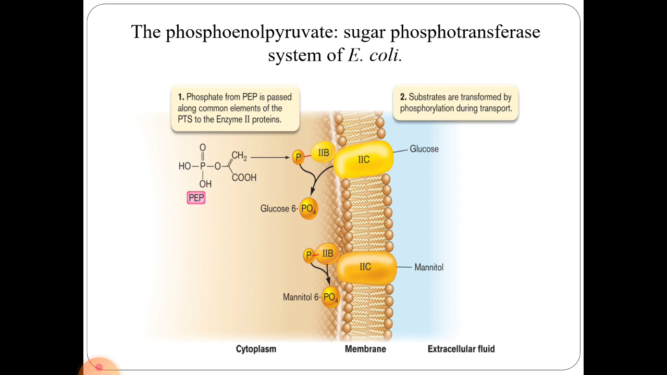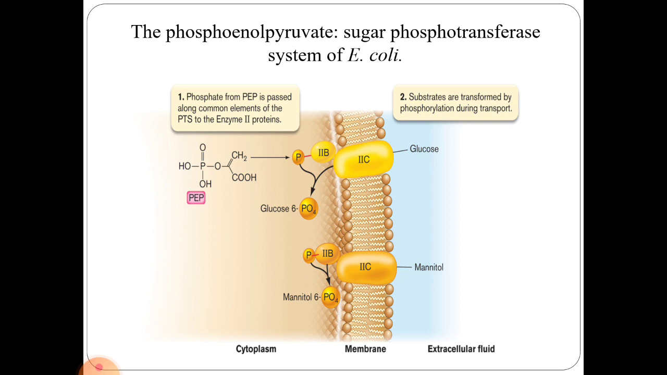The phosphoryl group on PEP is transferred to the imported sugar via several proteins, that is enzyme 1 and enzyme 2. The phosphoryl group is first transferred to enzyme 1, a heat stable protein. Then it is transferred to enzyme 2A, where it is phosphorylating a histidine residue. Then it is transferred to enzyme 2B, where the phosphoryl group is transferred to a cysteine